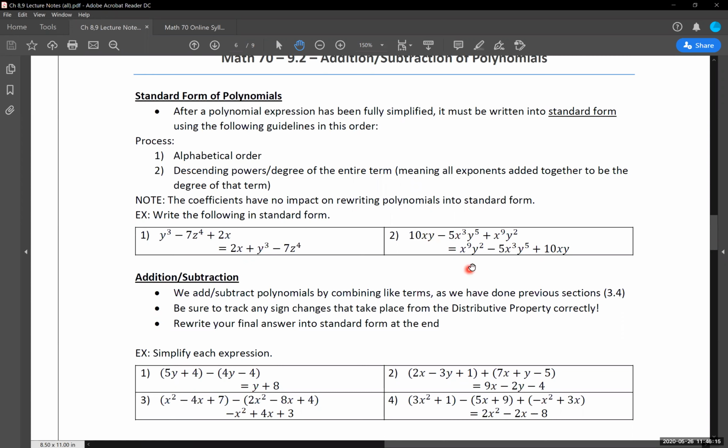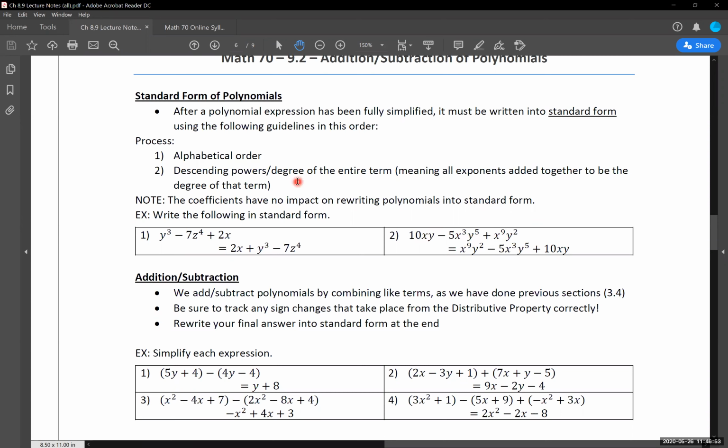So we're looking at this saying, okay, well, which term has the highest degree to it? And the way we figure that out is if I were to add all the exponents together, which one has the highest degree attached to it? Looking at our first one, xy. These have invisible ones for the exponents, so the degree of this term is 2. Looking at our second term, x cubed y to the fifth. If I added those together, that would be a degree of 8. And lastly, I have x to the ninth y squared. If I added those together, that would be a degree of 11.